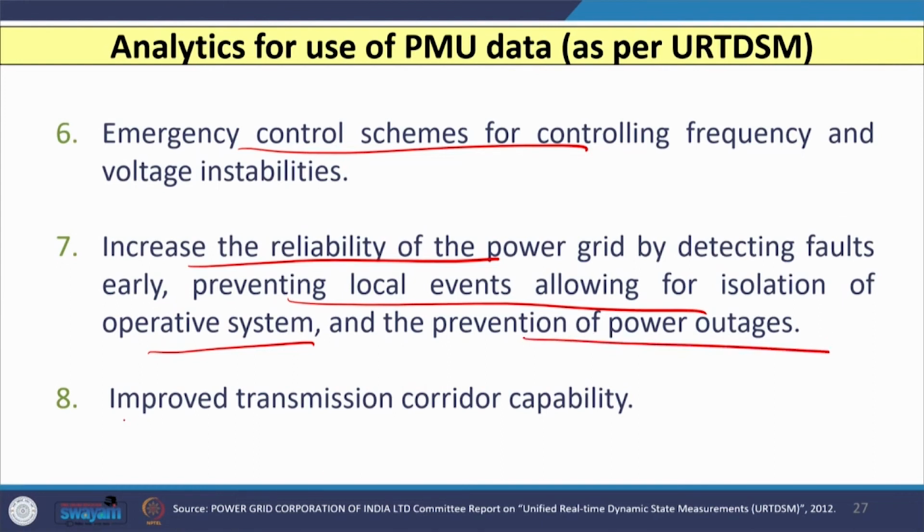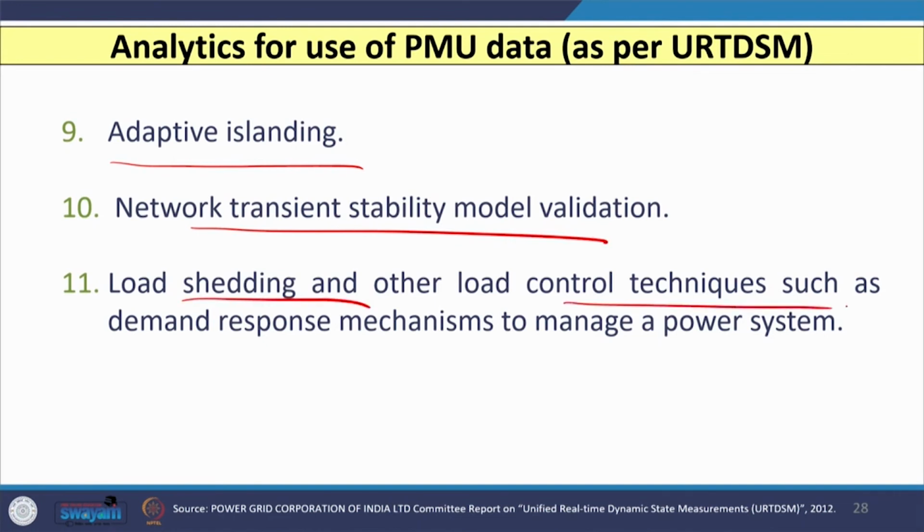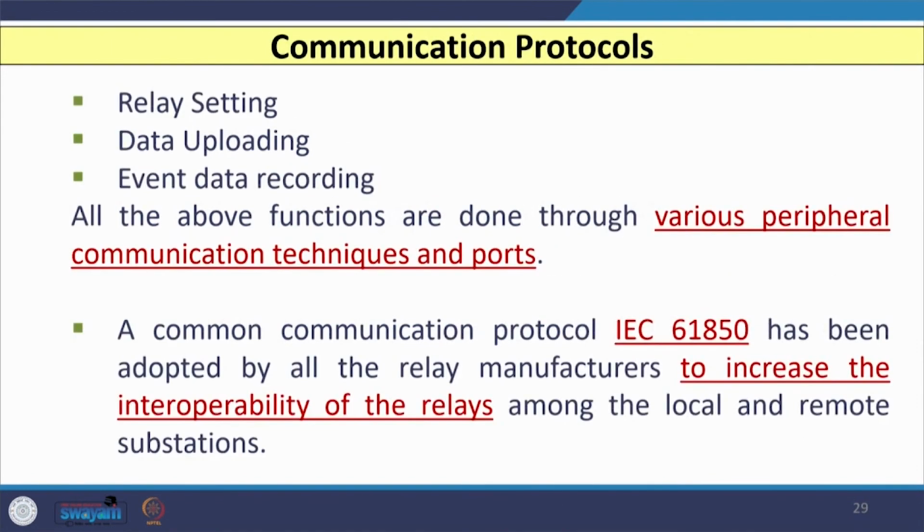And we can also use the PMU data for improved transmission corridor capability. Maybe if we wish to achieve the concept of adaptive islanding, that is also fulfilled using PMU data. Network transient stability model validation is also possible, and we can also use it for load shedding and other load control techniques such as demand response mechanism to manage the power system. So, this is all about the deployment status and plan, and the recommendations as suggested